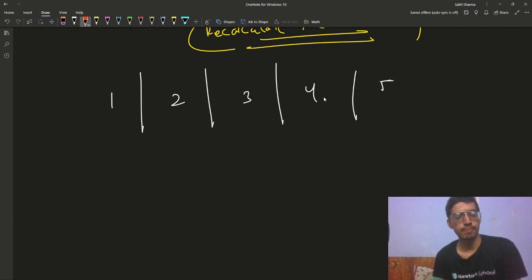The first barricade will contribute how much? It will contribute 4 into 1, 1 into 4, that is 4. It will contribute 2 into 3, so that is 6. Again this is 3 into 2, again it is 6. Again it is 4 into 1, so it is again 4, right? So it is how much? 16, 20, right? 20 plus